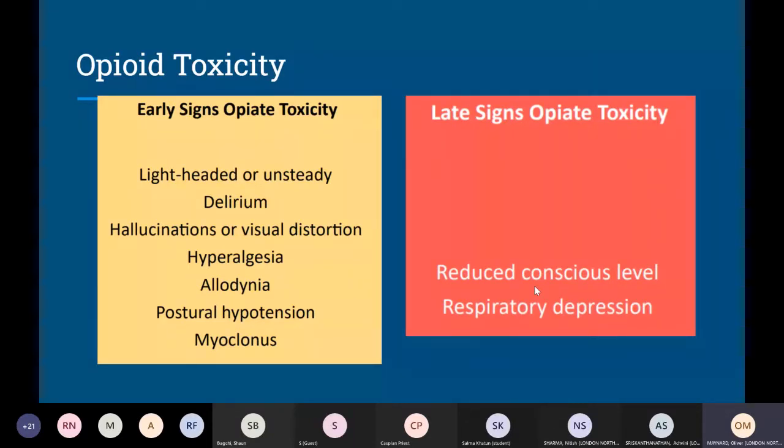So that's acutely painful, lots of pain. Allodynia, so that's sensing pain from things which don't normally cause pain, so sort of light touch to the skin or pillows and such causing pain. Postural hypotension and myoclonus. So this is most often described to the patient as jerking of the limbs, which isn't seizure activity. It's specifically the muscles themselves undergoing clonus. And then obviously there's those late signs, including reduced consciousness level and respiratory depression.